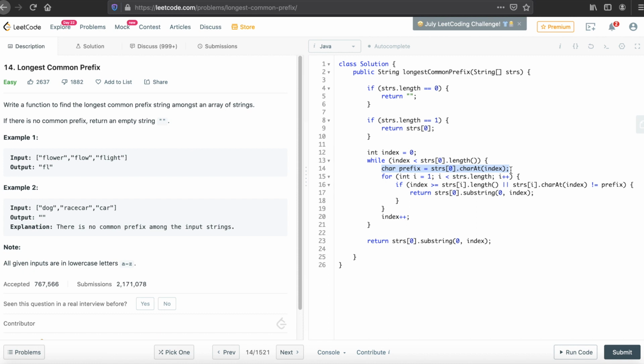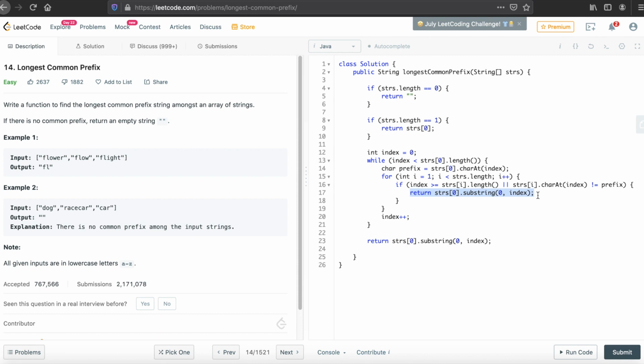So now we have taken our for loop, for int I equal to 1 to I less than strings dot length, I plus plus, and in this we have our condition: if index greater than or equal to strings I dot length or strings I dot character at index not equal to prefix, then we'll return string 0 dot substring 0 to index.